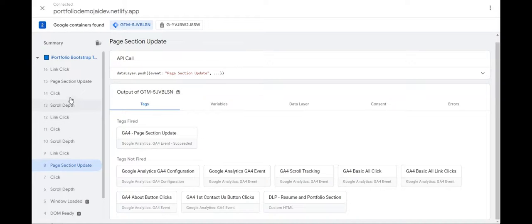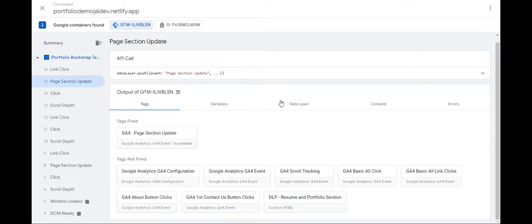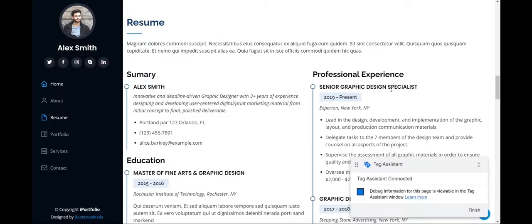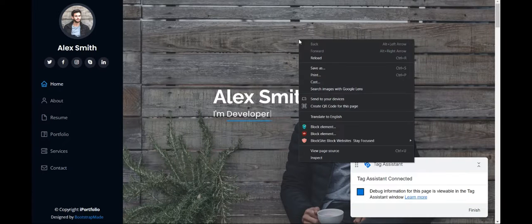Similarly, if we go here, you can see that the resume and portfolio section tag was fired, but then on the page section update, that's where the page section update tag fired. So this is how you use variables from the data layer, send them to Tag Manager, and make use of them using Tag Manager. Now there's also one important tool or tip, you might say, while working with this,